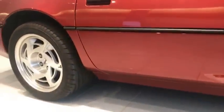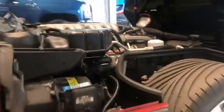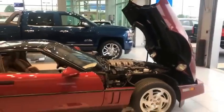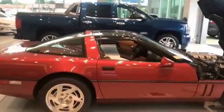So here's the panels of the car. Tires are great, everything's good. Thank you for the thumbs up, 40 thumbs up, 64 viewers on here right now after 22 minutes. I'm sure I'm up over 1,000 people on this live feed, but here is this 1990 ZR1, one owner,